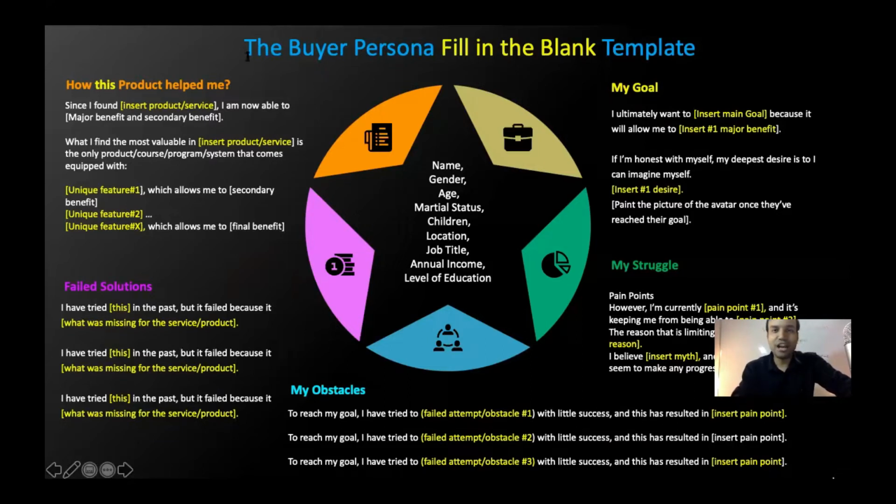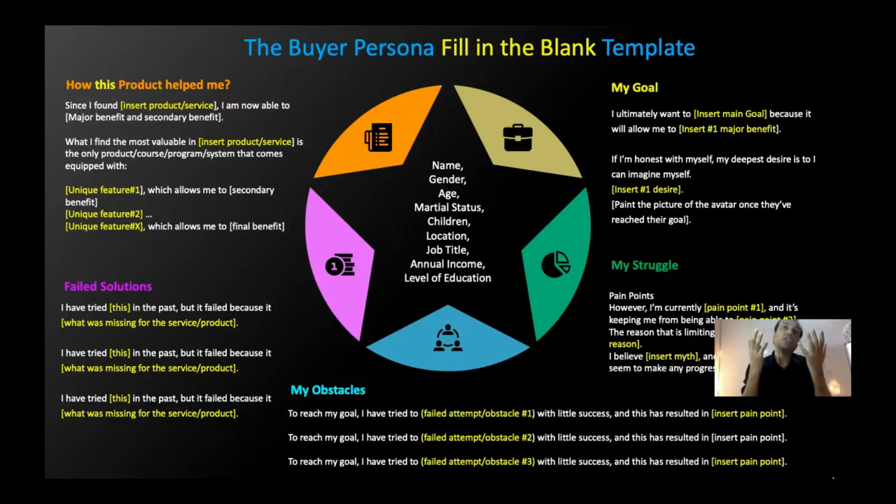Whenever you're thinking about your audience, the first thing that comes into the picture is the demographic. Let's create a fictional character, maybe a web development agency owner. Give some fictional name.